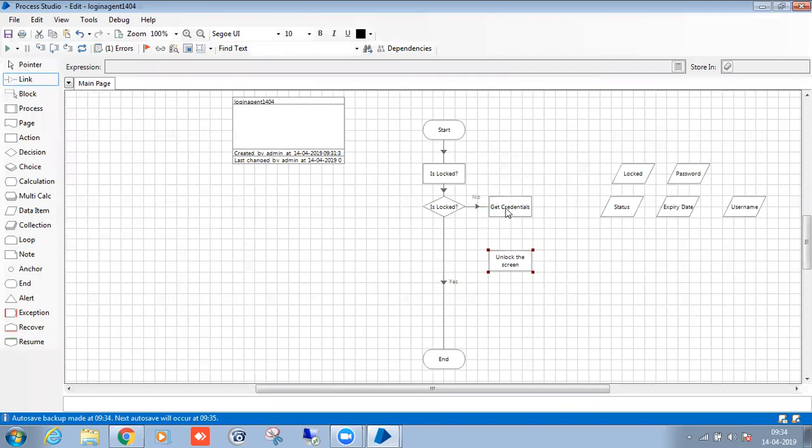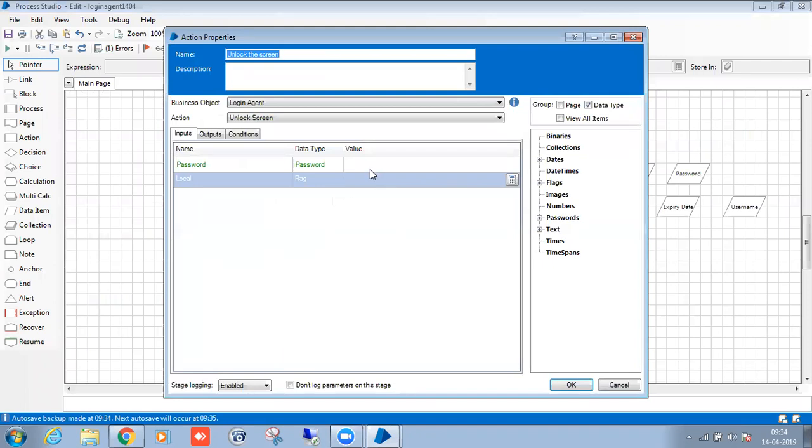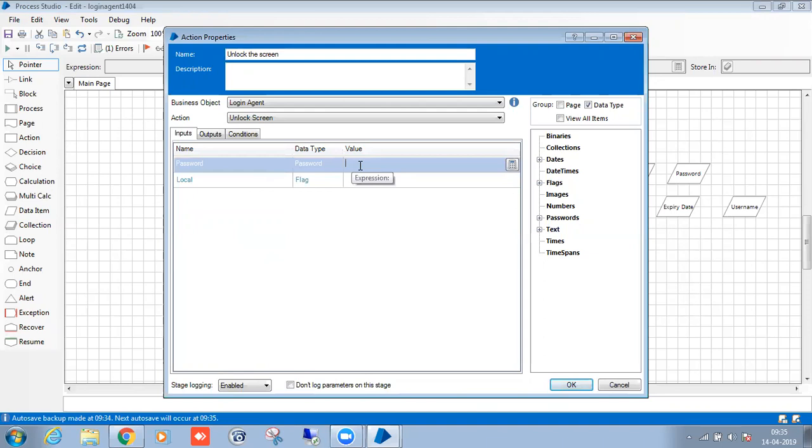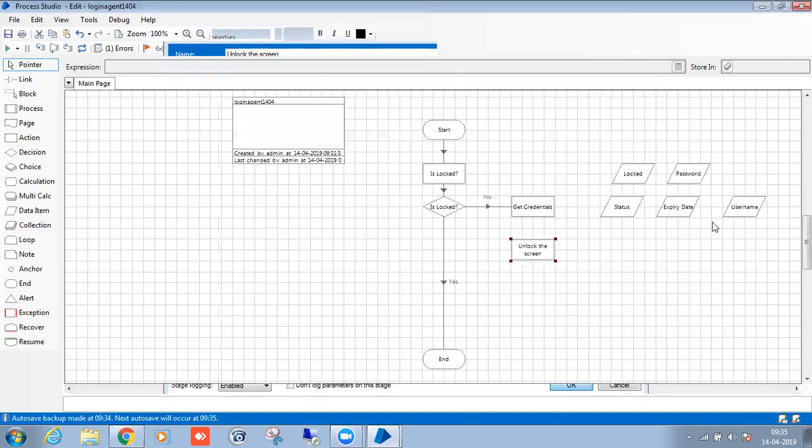Okay, after getting the credentials, because in the unlock screen I need to give the input called password, right? So this is the local or VM, it will be there. So this is the password I need to pass. Okay, passwords I need to get from the credentials.